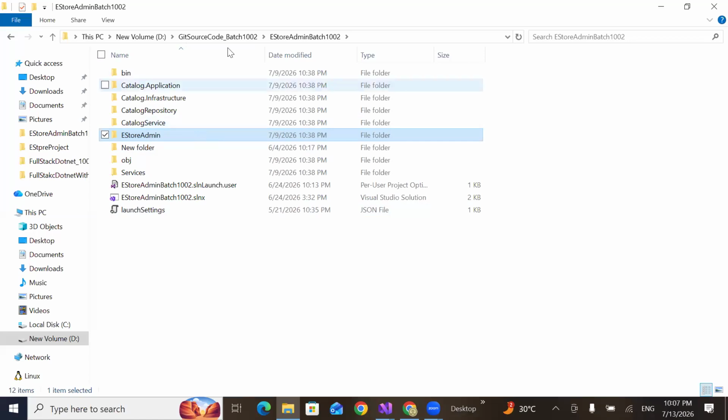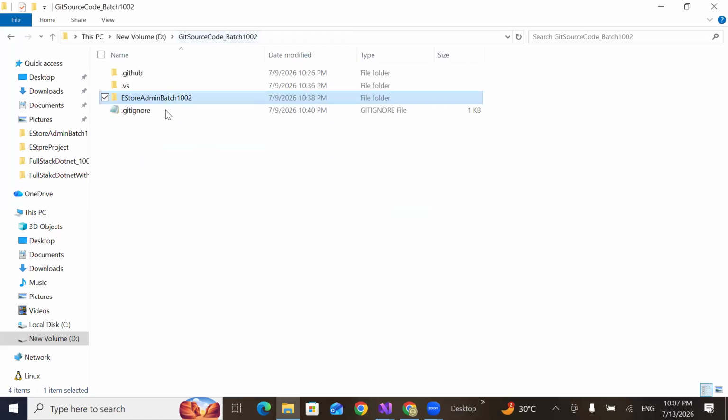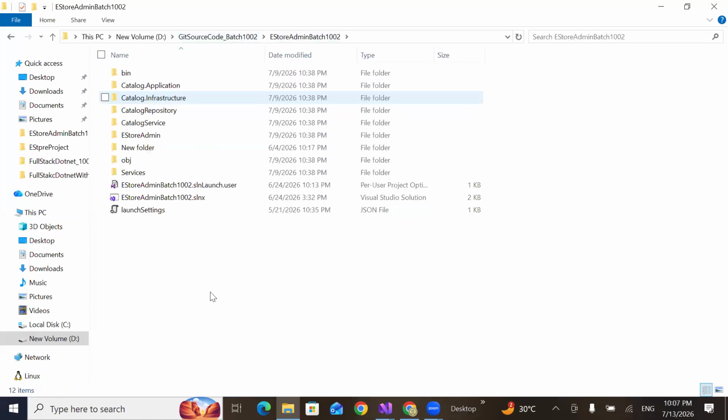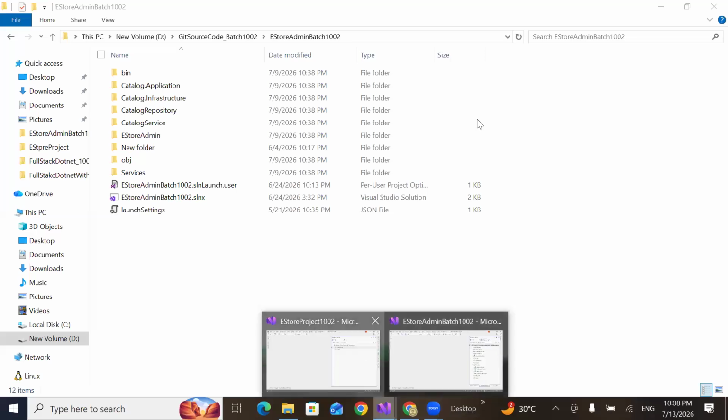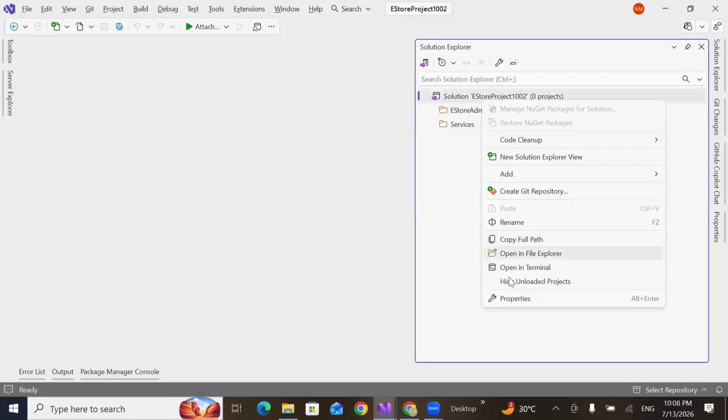So what I'm going to do, I'm going to clean this code properly in a different project folder. Okay. And then I'm going to push the code to the Azure Repo, not Git. And then I'm going to create a database in Azure SQL Server. That SQL Server, we are going to connect to this particular project. For that, what I did is I created a blank solution. You see,